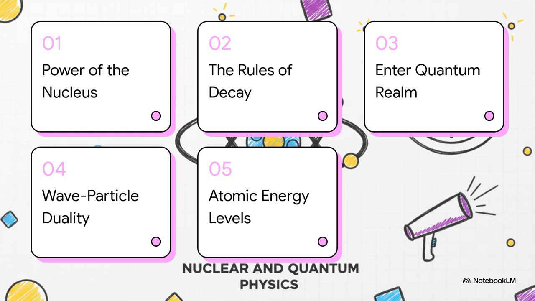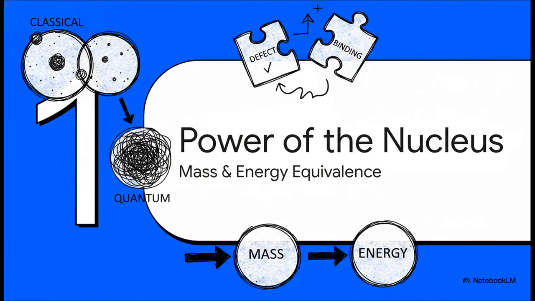So here's our game plan. We're splitting this into 5 key areas. 1. The power of the nucleus. 2. The rules of decay. 3. Enter the quantum realm. 4. Wave-particle identity crisis. And 5. Atomic energy levels. Okay, kicking things off with Section 1, the power of the nucleus, focusing on mass and energy